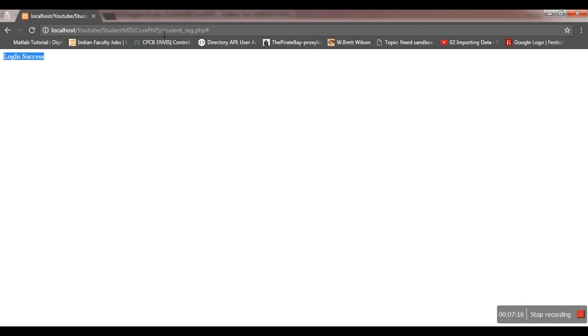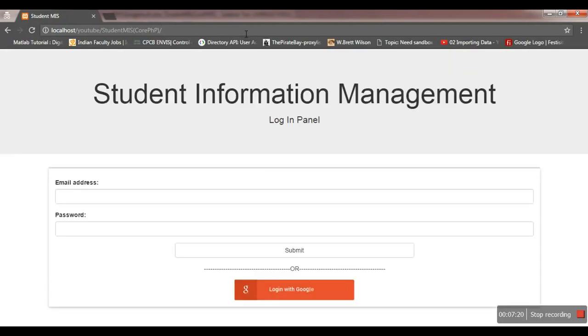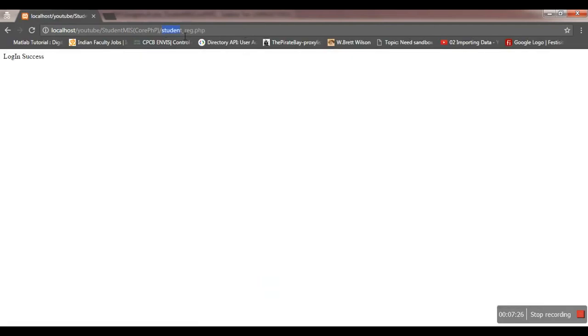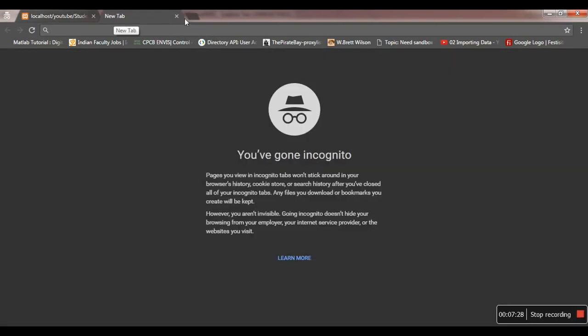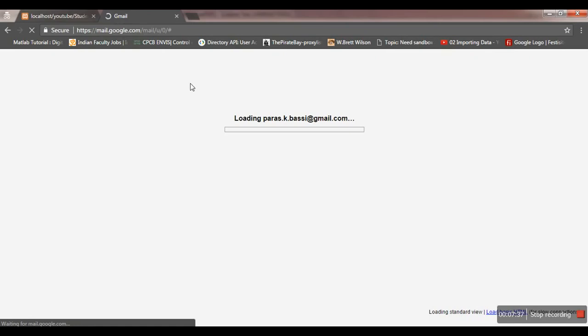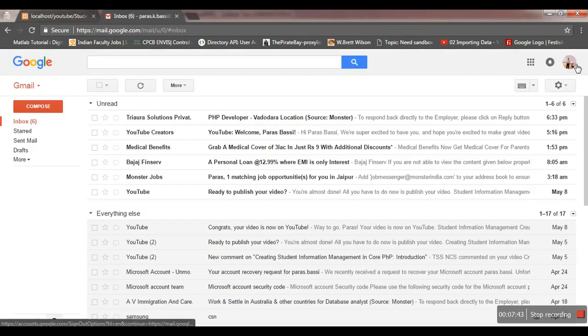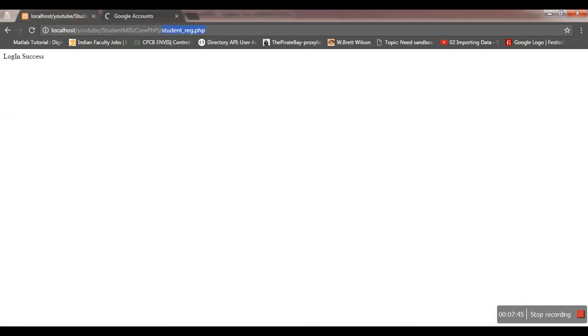So let's try this once again to see the complete process, whether it is working or not. I'll go with login with Google. He has properly signed in. Just for confirmation, let me log out from my account and we'll log in again, so that we can see whether things are working properly or not. I've just logged out.